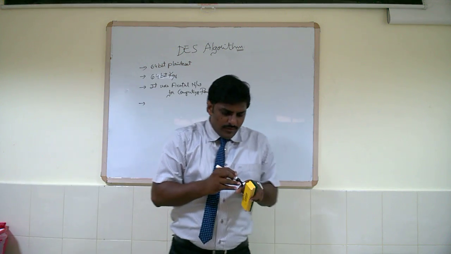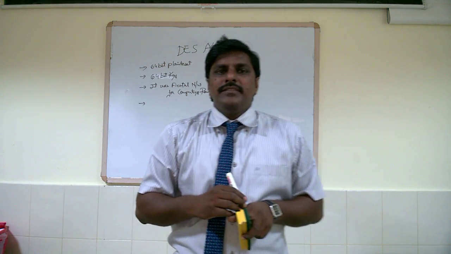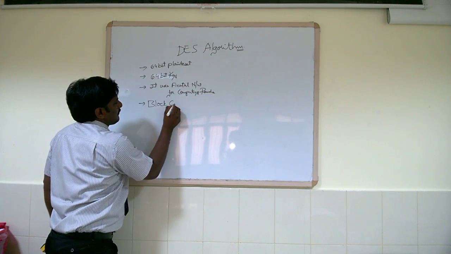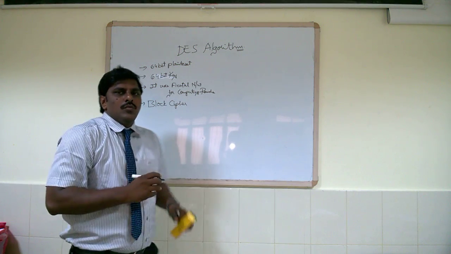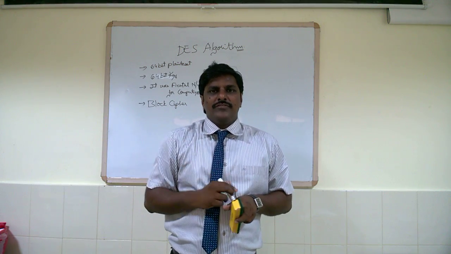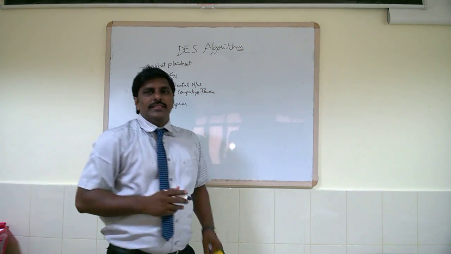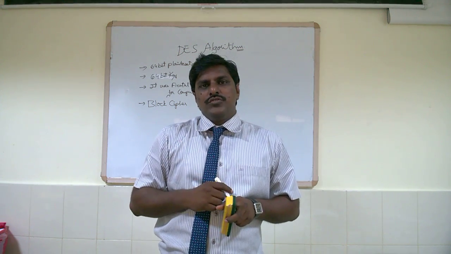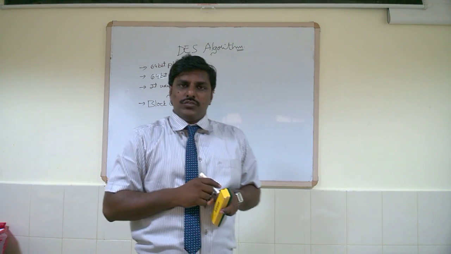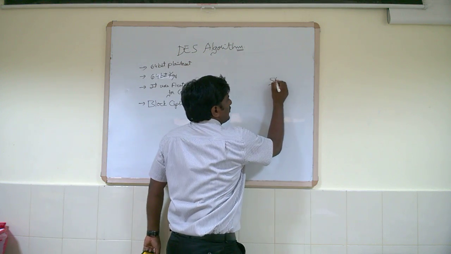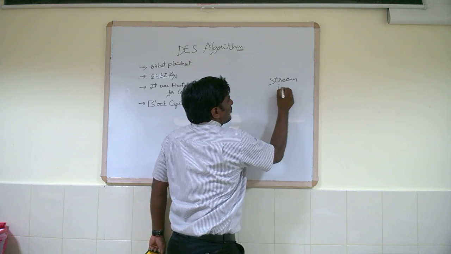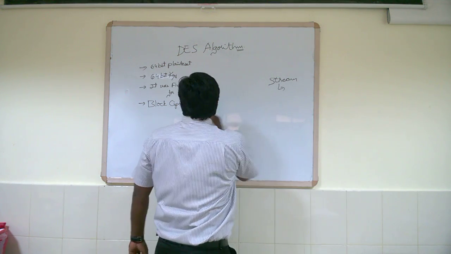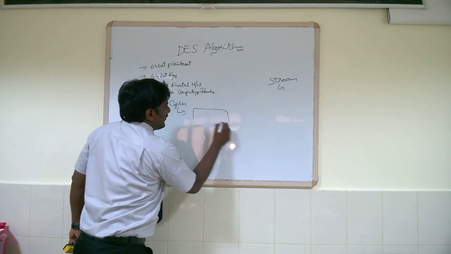One more thing I would like to discuss here is that DES uses a block cipher mechanism. We have two types of mechanisms here, block cipher and stream cipher. As I already told, in the network, A wants to transmit data to B. A uses the substitution or transposition technique. Those techniques are stream ciphers. Stream cipher means it encrypts the data character by character, whereas a block cipher encrypts the data